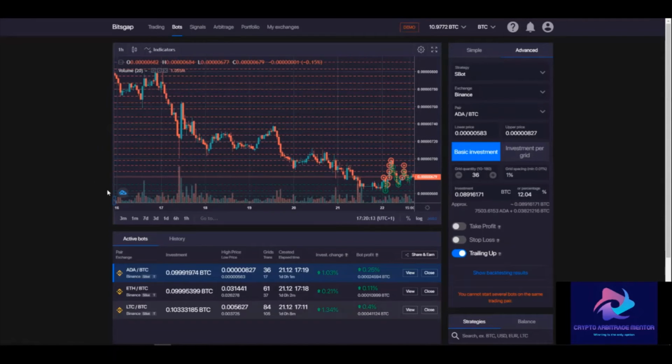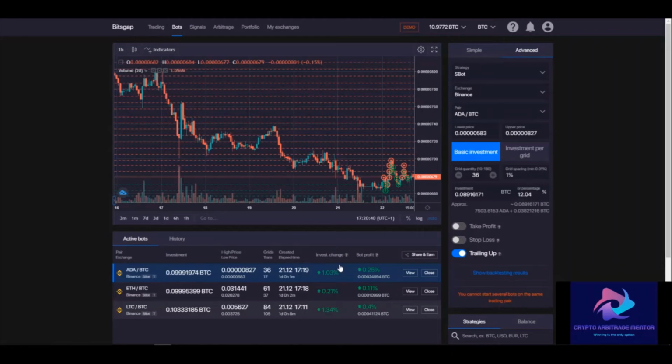Okay, now you can see my 3 bots running after 1 day, with bot profits of 0.25%, 0.11% and 0.4%. This is the bot profit, the real profit that the bot made yesterday in only 24 hours. And this is the investment change,